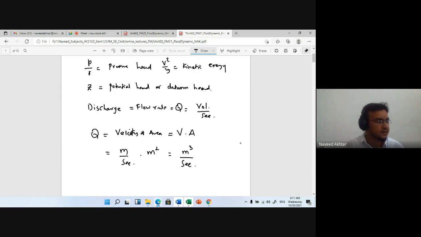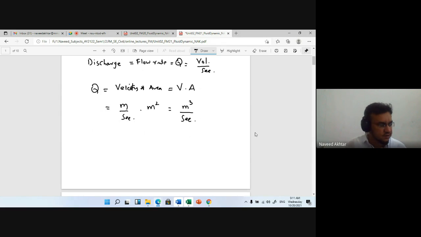Volume per second is nothing but your discharge. Another way you can write the velocity is discharge upon area. And the head loss HL is measured as f into L by D